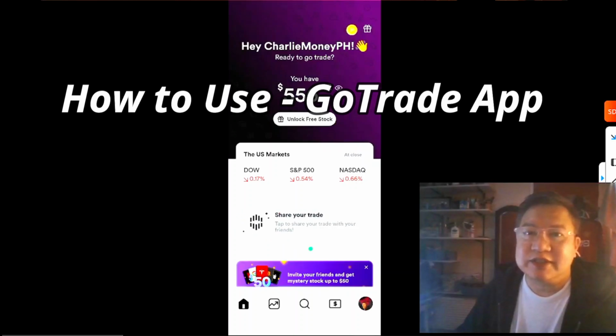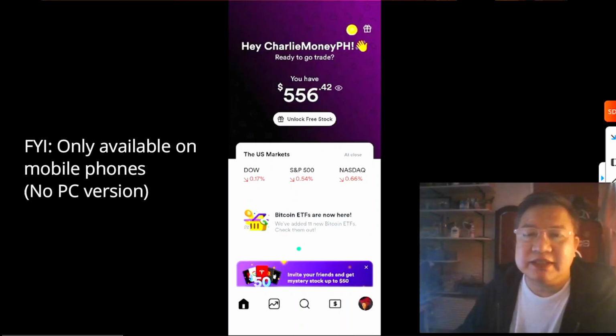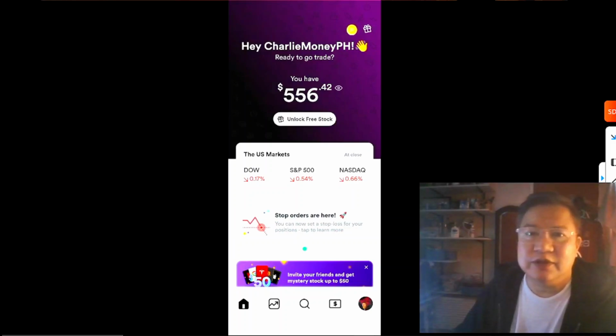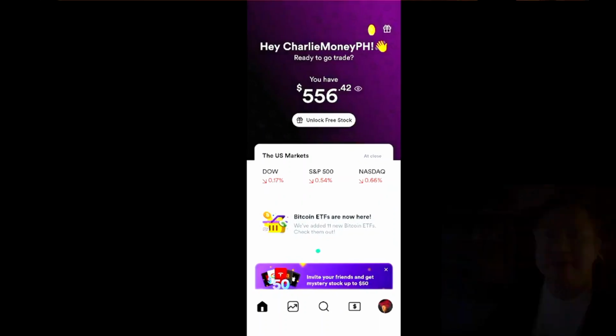So there's the New York Stock Exchange, then you got the NASDAQ listed companies and the companies listed in the S&P 500 and also in the Dow Jones Composite. Okay, so without further ado, let's start checking out this app so you could understand how to use it. So I'm gonna remove myself from the screen.